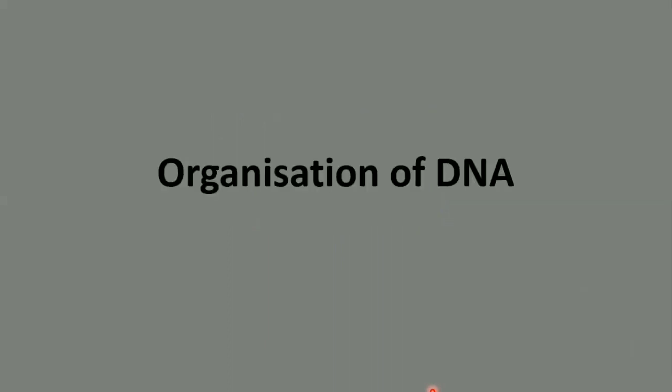First, before going to gene expression, we will talk about the organization of DNA, because some of the terminologies I'll explain over here so that we can understand gene expression better. Organization of DNA, what does that mean? In human, for example, a 2-meter long DNA is packed in a nucleus of about 10 micrometer diameter. Now, how is this possible? This is possible by a compact and marvelous packaging and organization of DNA inside a cell.